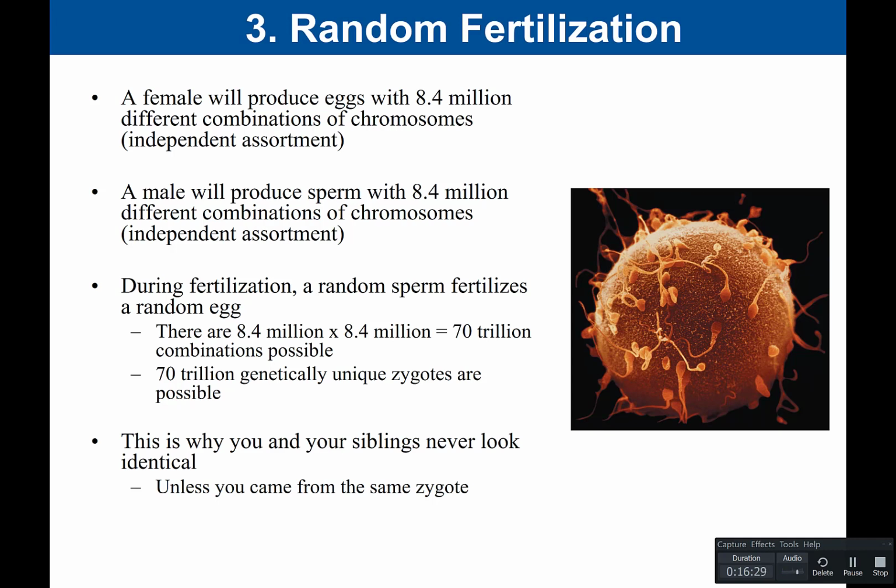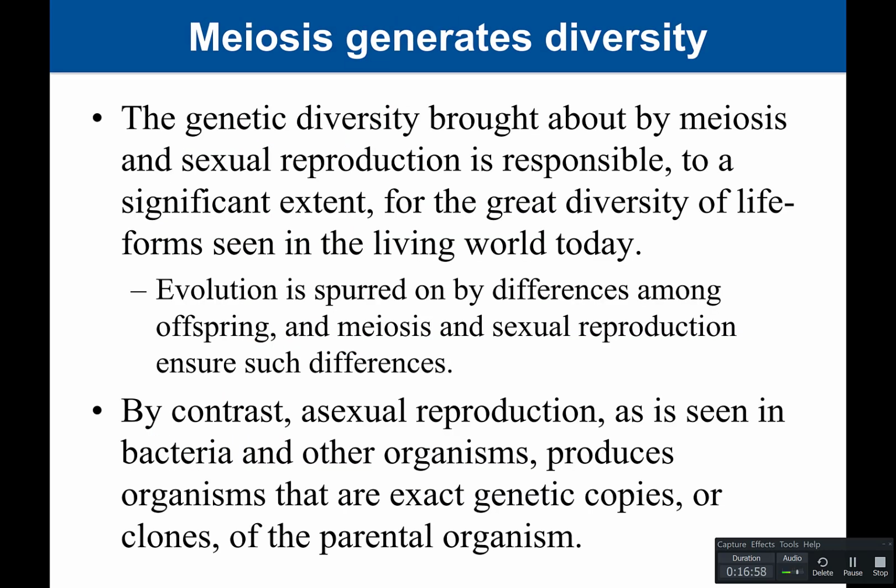So that is just like any other set of siblings, because fraternal twins are when a woman produces two eggs and both eggs get fertilized independently. And so again, that's still going to be random fertilization. And so fraternal twins are no more alike than any other set of siblings because they're both two different eggs and two different sperm. So the genetic diversity brought about by meiosis and sexual reproduction is responsible to a